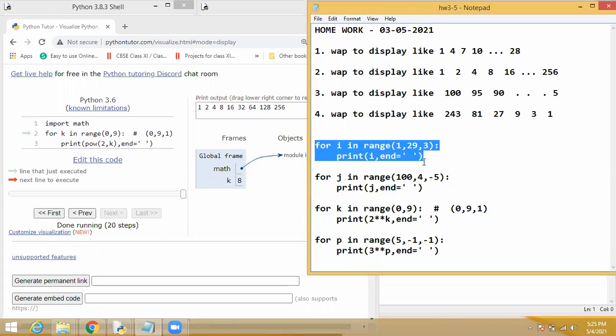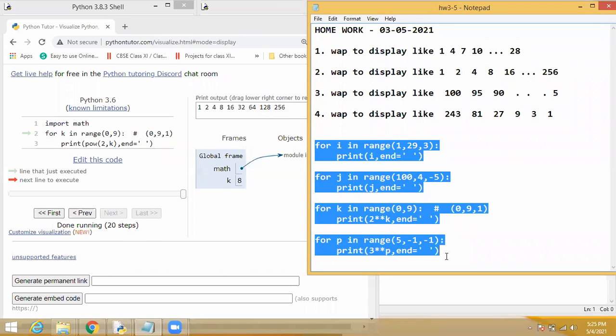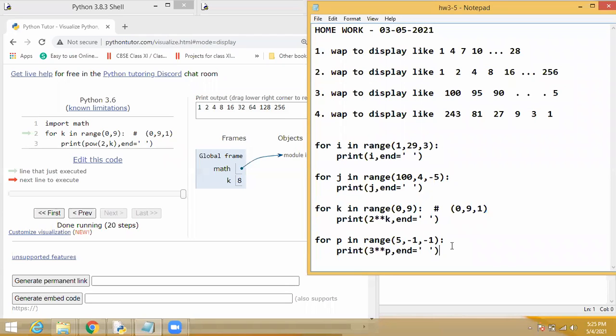These are the different methods, and I already told you, here everything I solved by using a for loop, and you can also use a while loop. By using a while loop also you can get the same output. They will just tell this one; they won't mention anything. You can use any method, for loop or while loop, or you can use the import math module. You can use anything. Students understood?